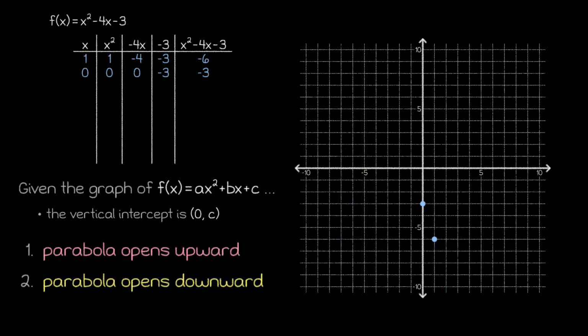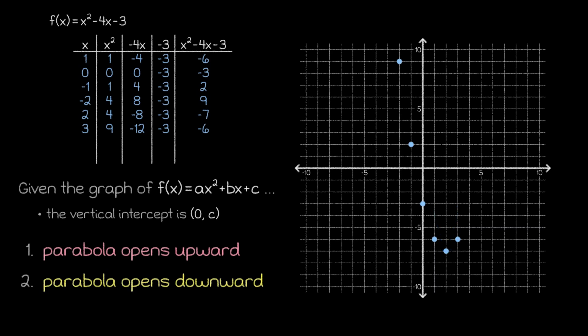Well, if we try plugging in a couple negative numbers and plotting those points, we don't get any indication of being closer to the vertex. So let's try plugging in a couple positive numbers like 2 and 3. When we get our outputs for those inputs and plot the resulting points, we can see that the function reached a minimum value at 2 since the graph goes up in either direction from there.